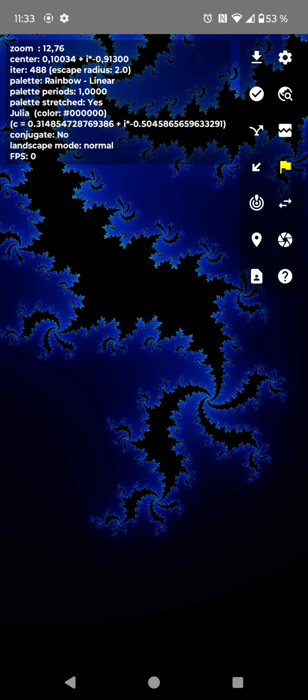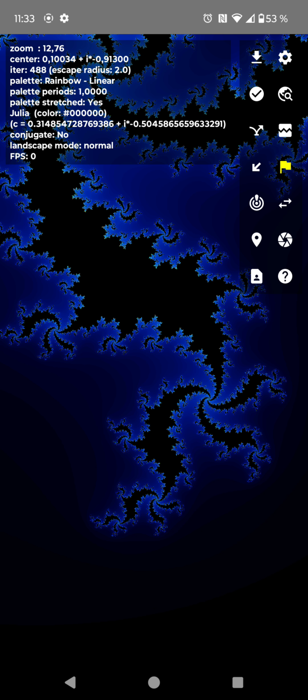Why is it not yellow now? It is not yellow now because the C value in our Z0 space is not anymore the center value of where we left off in